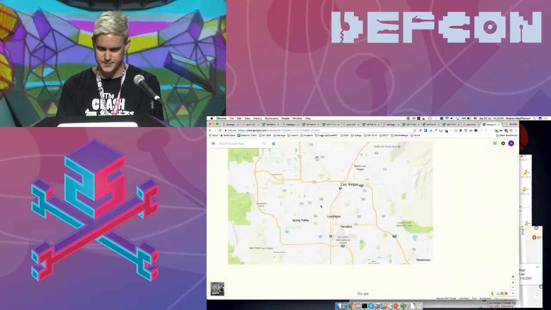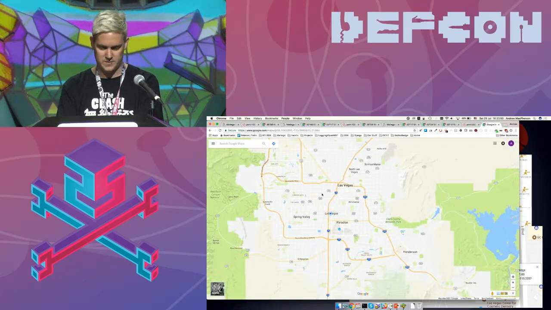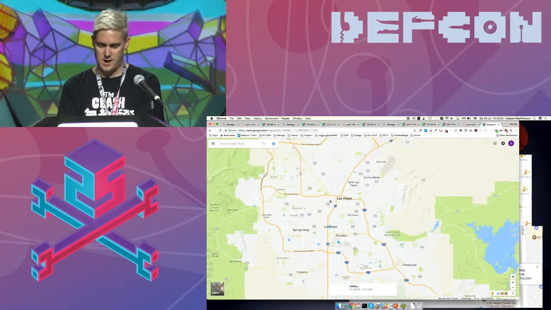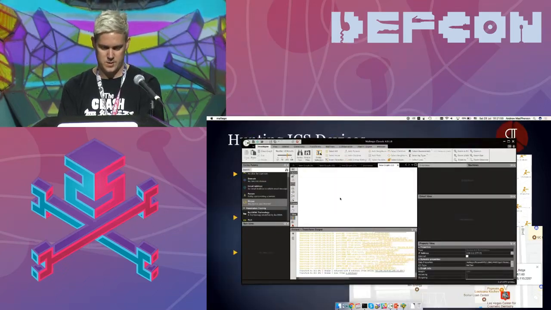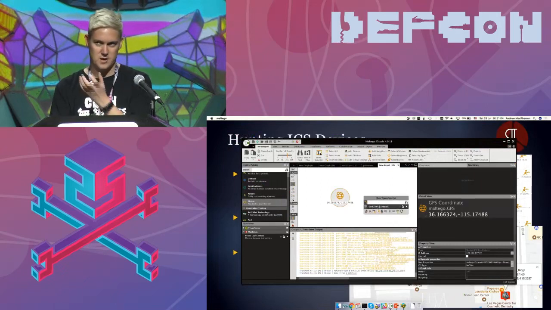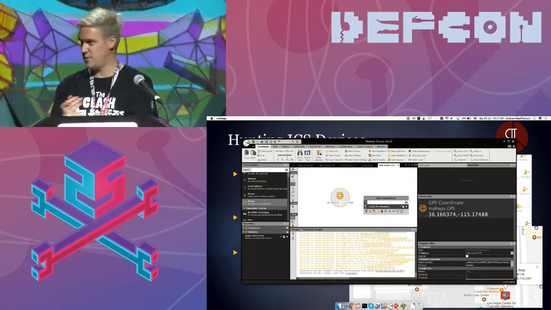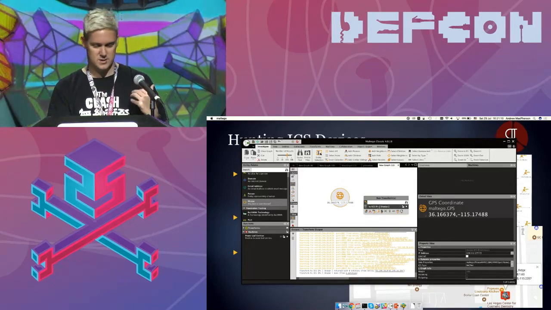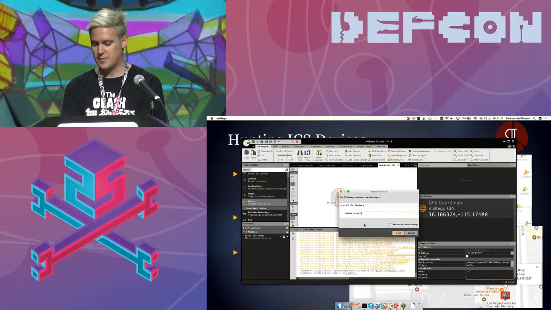I'm just going to zoom out a bit. Here's all of Las Vegas, and I can pick a point roughly central, and I take the GPS coordinates. From around here, I can take these GPS coordinates, and I can say, okay, find me IP addresses around these GPS coordinates that match any of the ICS devices. So match port 102, BACnet, Siemens S7, all of that stuff. And I can put it in a radius.